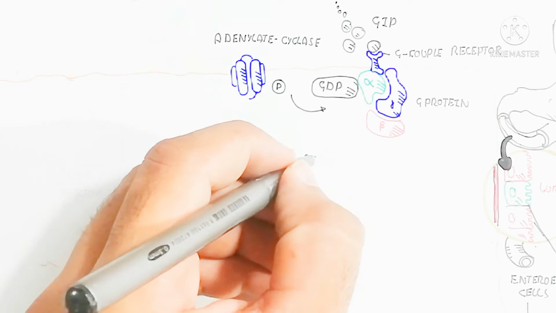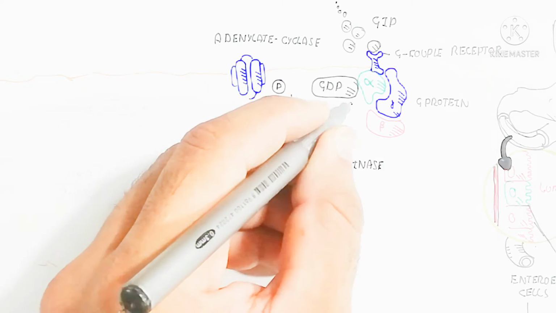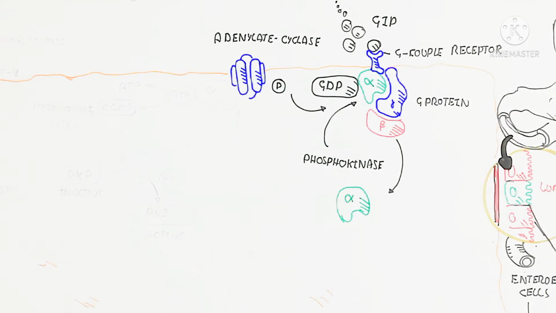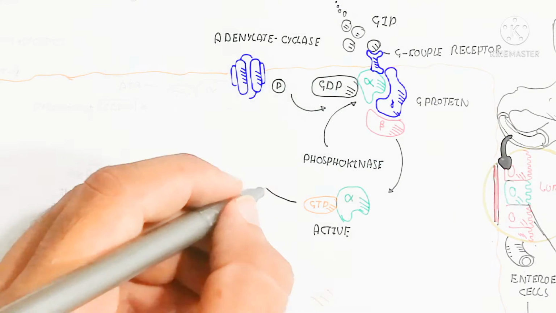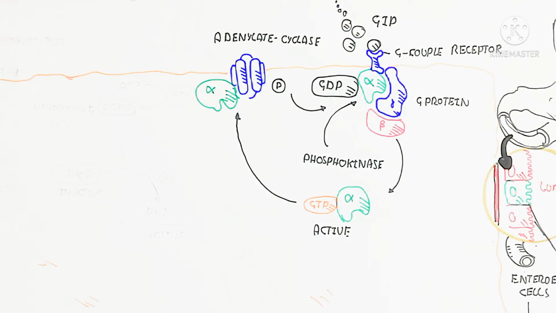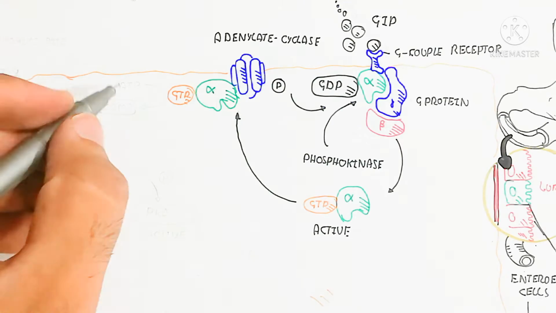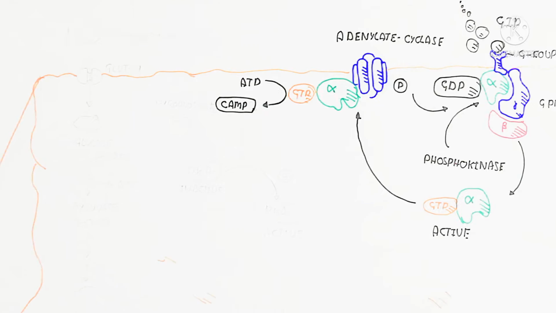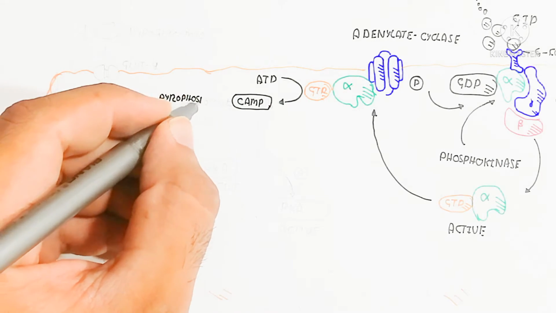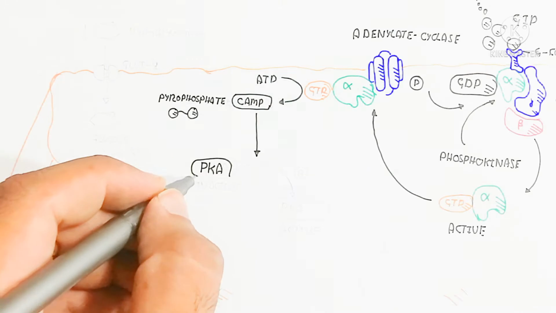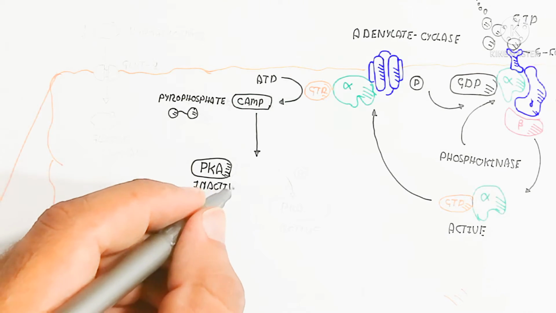The alpha subunit contains a GDP, guanosine diphosphate, which is activated by the phosphokinase enzyme to produce a GTP alpha, guanosine triphosphate, and this guanosine triphosphate will be active and will go into the adenylate cyclase. Cyclase means the cyclic AMP will be produced from the adenylate cyclase enzyme. So ATP is used to produce cyclic AMP. After the production of cyclic AMP, the pyrophosphate will be released and the cyclic AMP will activate the